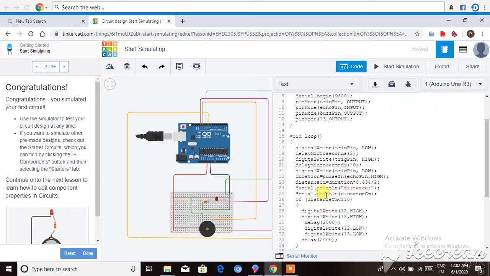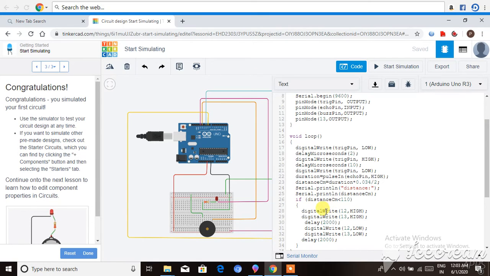As we have calculated a distance, if the distance calculated is less than 110, it means that you have maintained the social distancing, you have followed the guidelines. But if distance is more than 110, then it means you are close to that person, so you are breaking the rules.